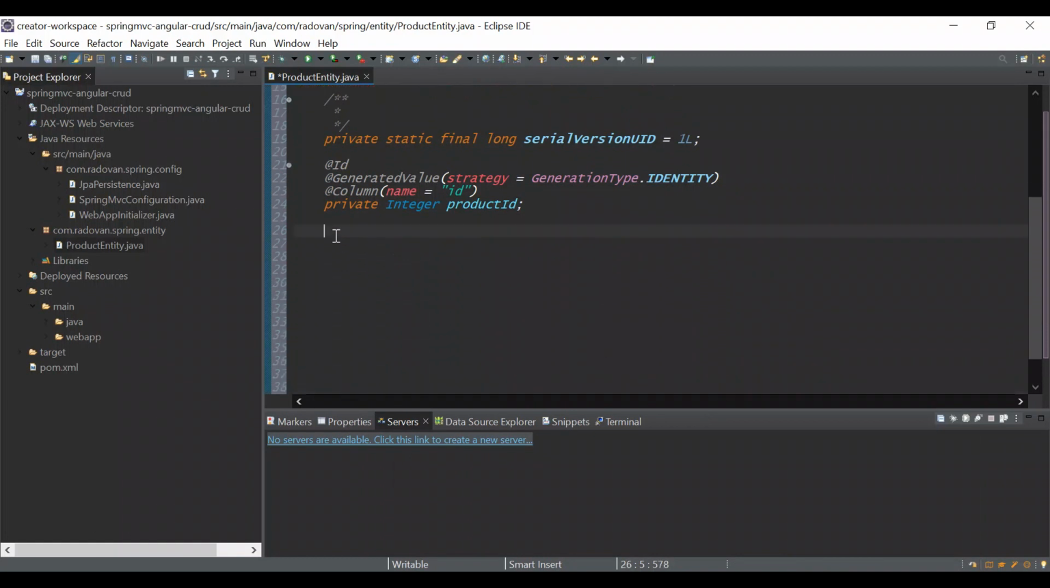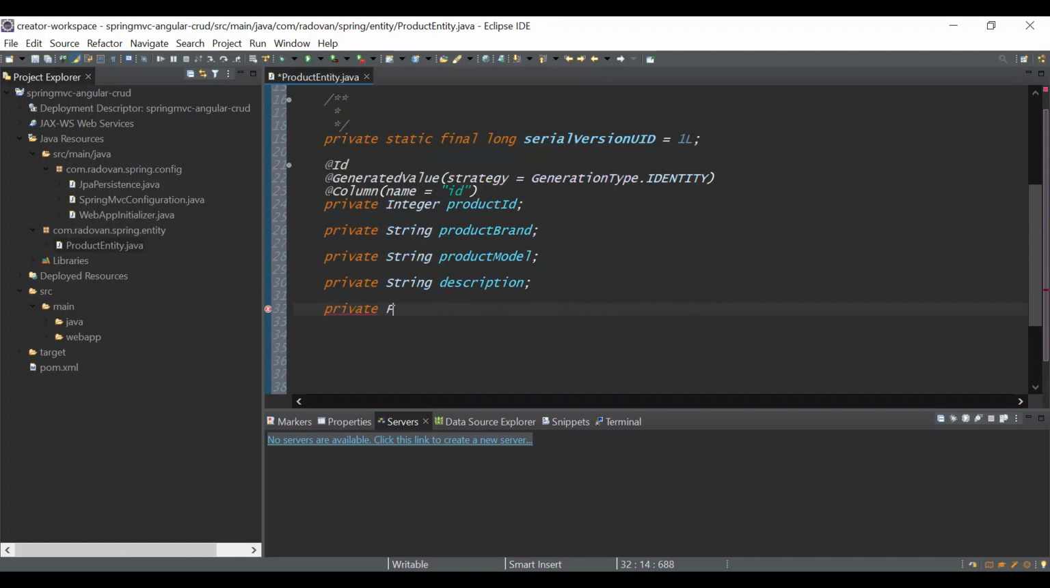And we need a couple more fields. Private String productBrand, and also we will have productModel, we will also have description. What else can we have? We will have the price of the product,